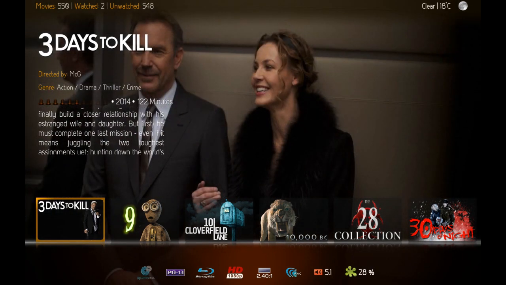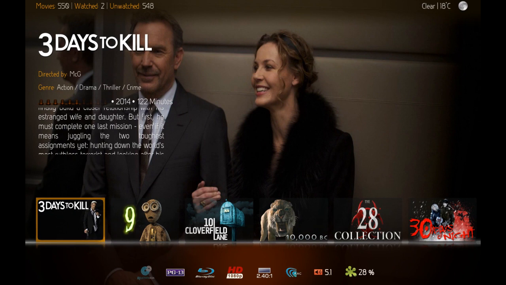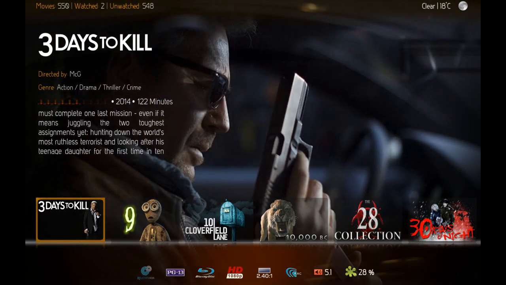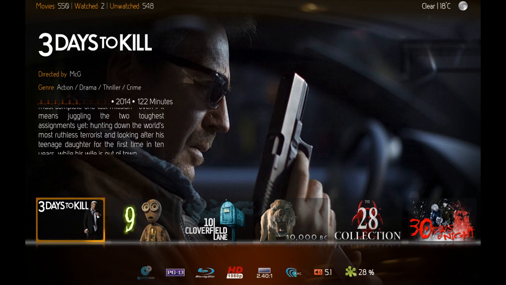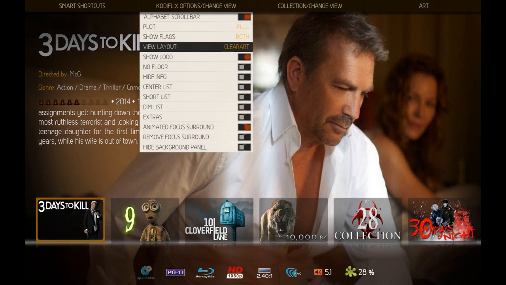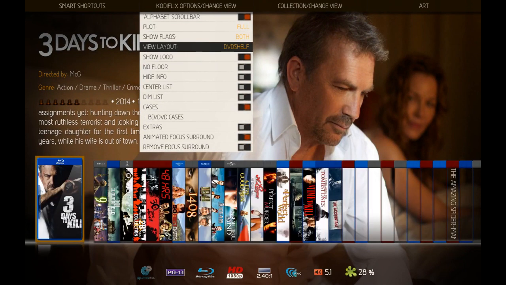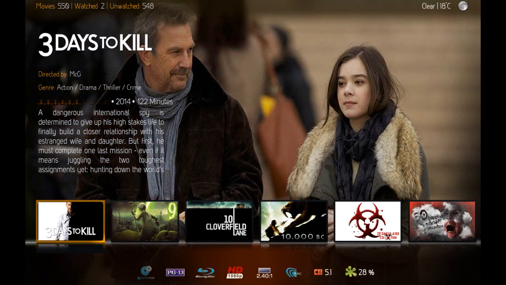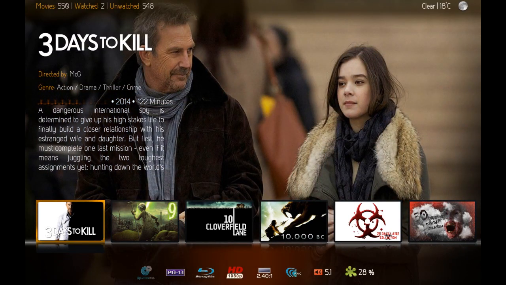Never really noticed it before, but they are fixed now. The user Chris6 asked if I could fix this, so you can see we're on clear art right now. We'll switch over to landscape, and you'll see that your landscape images are in the same aspect ratio as your